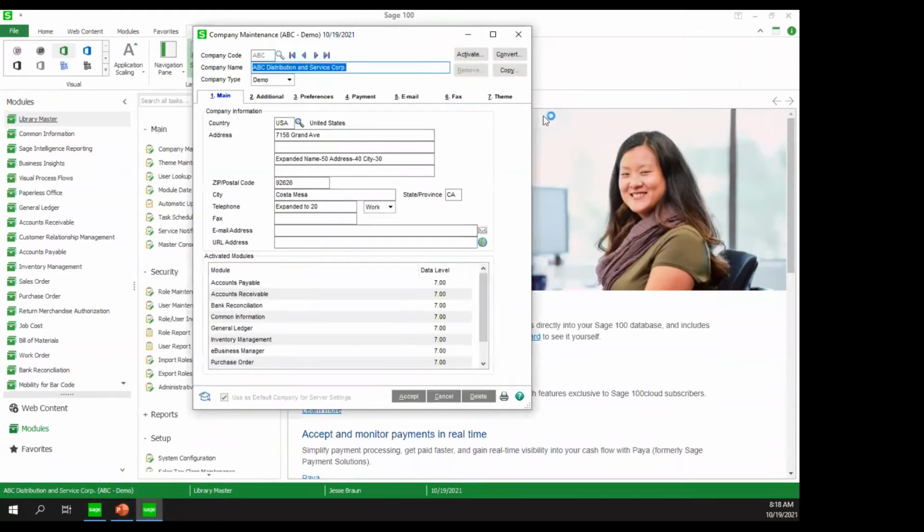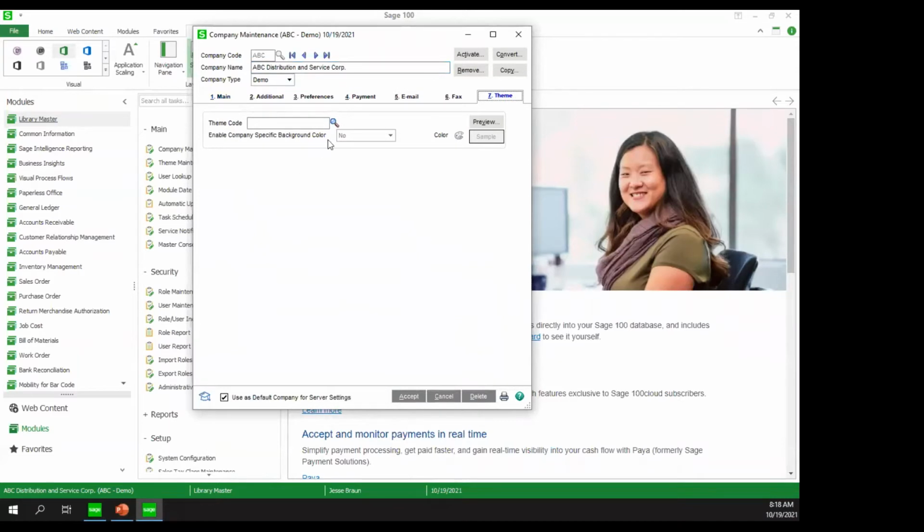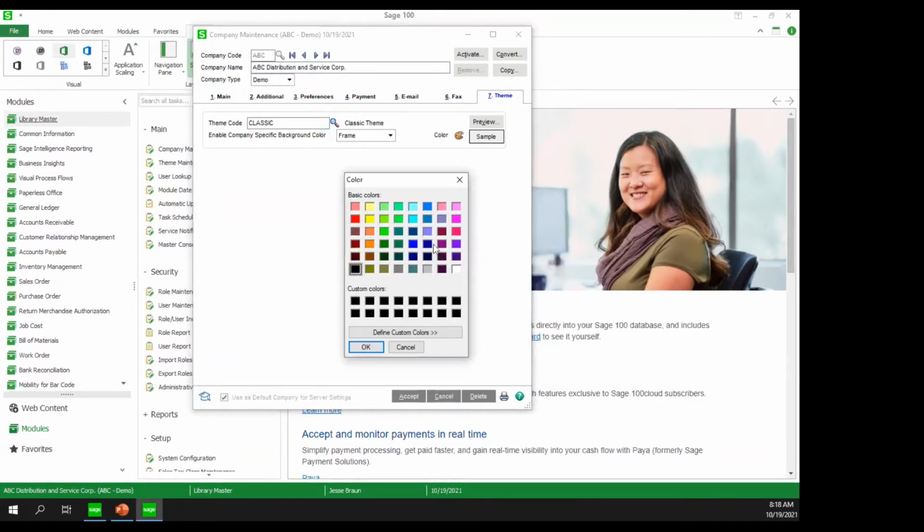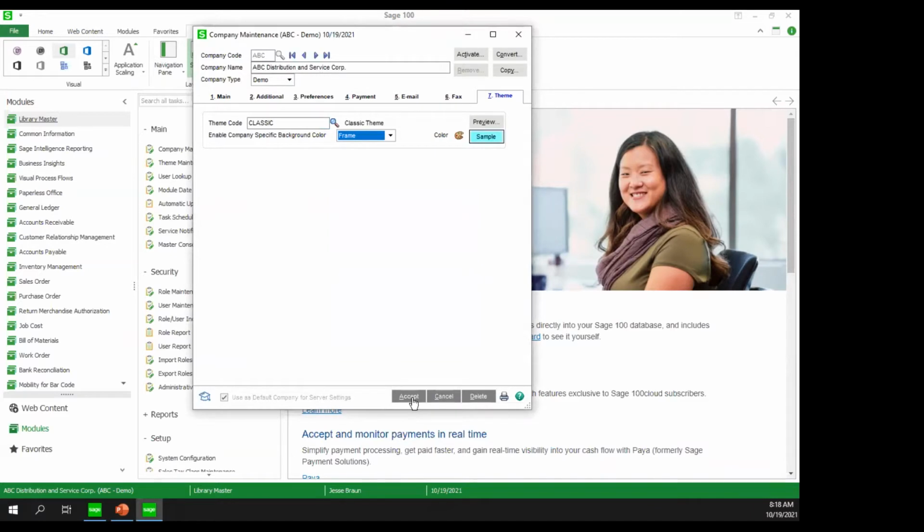I'm just going to pull up my ABC company, come to my theme. We must set the theme code to classic so that we can get to this company specific background. So instead of doing background, I'm going to do the frame. The frame is just going to be the part around the outside. And we're going to choose a color. I'm going to go with a bright aspirational blue so that we can all hope for the blue